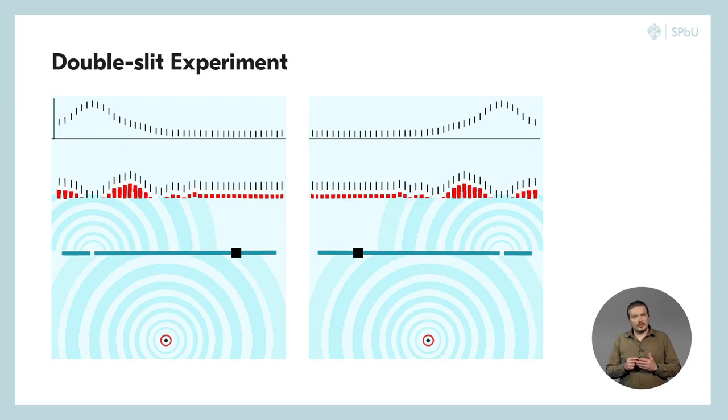When we open two slits, the thing we are going to deal with will be the sum of two waves, with the waves superposition. On this slide you can see the intensities graphs for both slits opened separately,